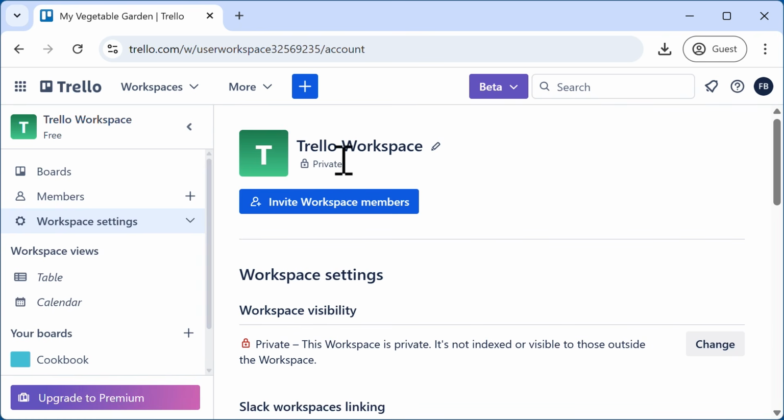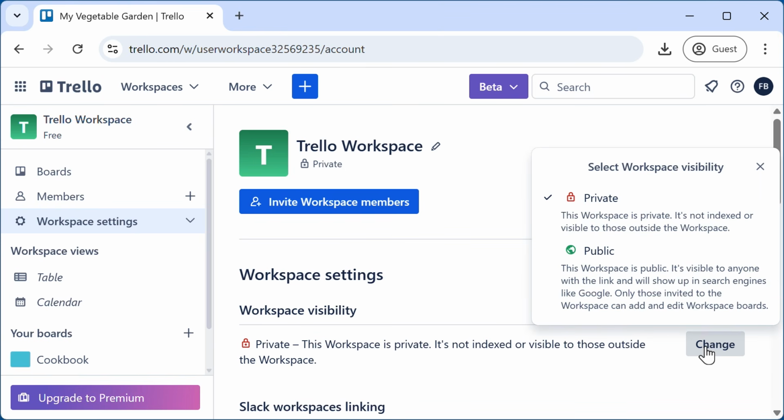Note that my workspace is marked as private. This means that it is not indexed by search engines, and it's not visible to those outside the workspace. I can invite people to it to collaborate with me on the boards within that workspace. But if I want to make this public so that anyone on the internet can see it, I click Change and then select Public.